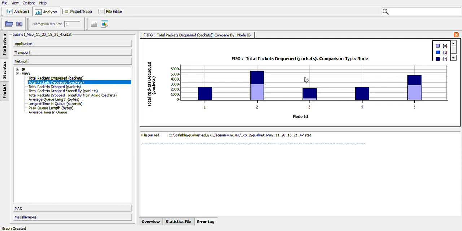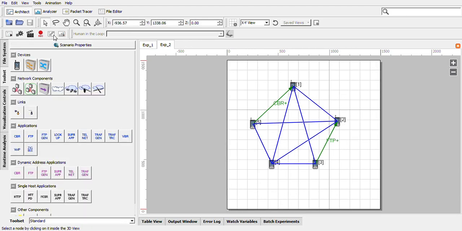This is how researchers can use these statistics, and usually they do the analysis. So this is what you have to do in the second experiment. And again, if you want to make any changes, go to the architect and go to draw mode, make the changes, run the simulation again, and finally see the statistics. This is how it goes on.